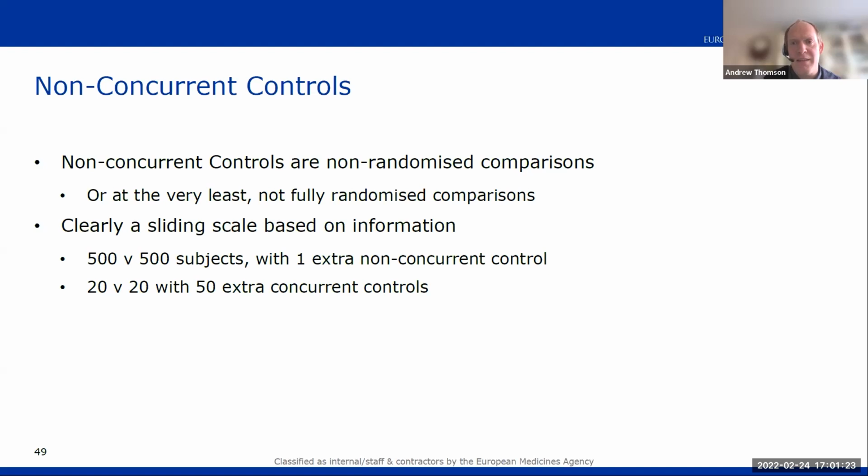And the problem we have here is that in both these situations, if the non-concurrent data is pivotal to the evidence base and to the decision that needs to be made from a regulatory perspective, there's a bit of a problem, because if you just need 1 extra patient to tip you over from being positive to negative in the first example, that's not ideal. And in the latter, you're probably not in a rare disease if you've got a platform where you can generate so many extra non-concurrent controls. And so it's likely that the experimental situation is such that a full RCT would have been expected. Next slide, please.